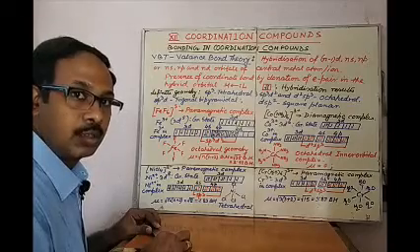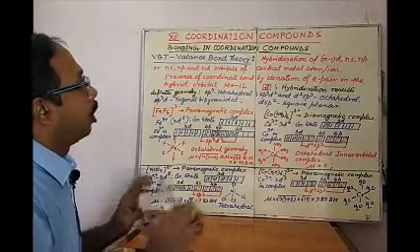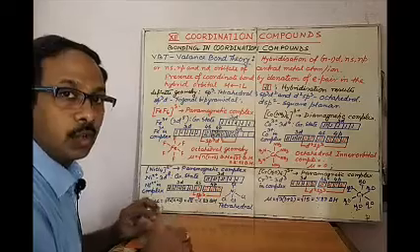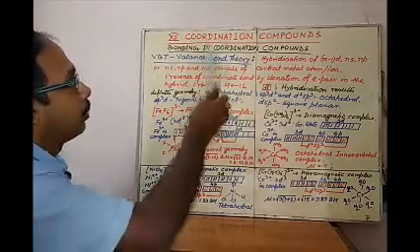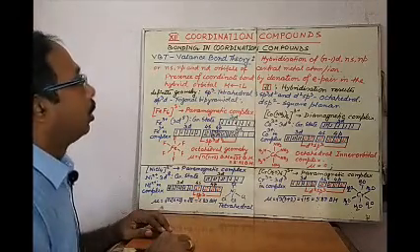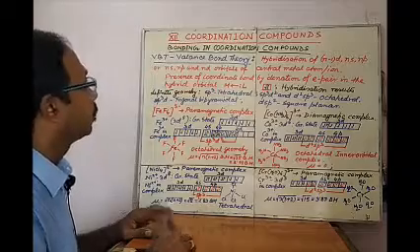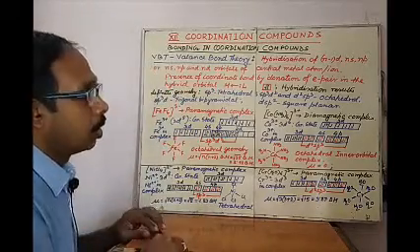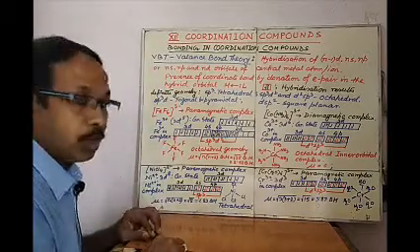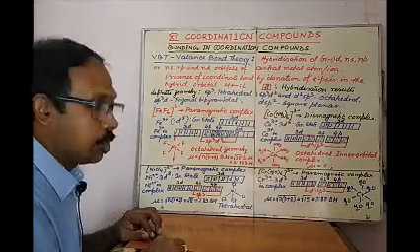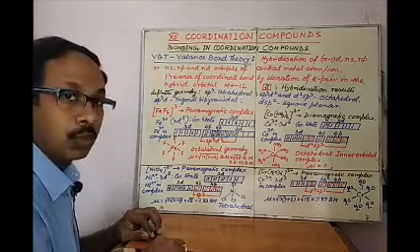Hello students, today I want to explain bonding in coordination compounds under the chapter coordination compounds. Now here we can explain valence bond theory. We can use the valence bond theory to explain the geometrical shape of the complex molecule.